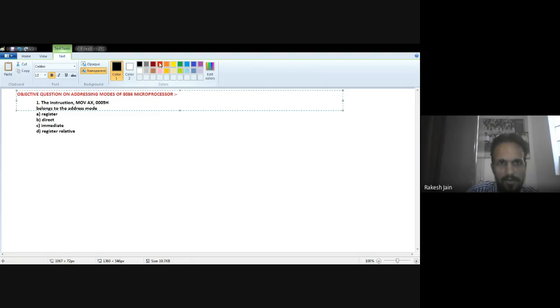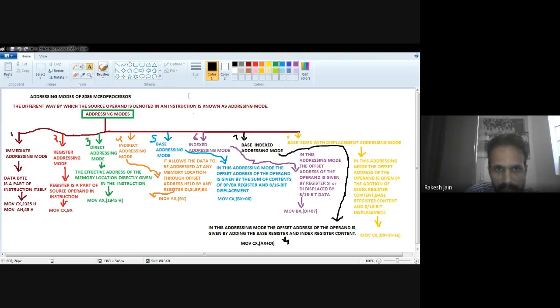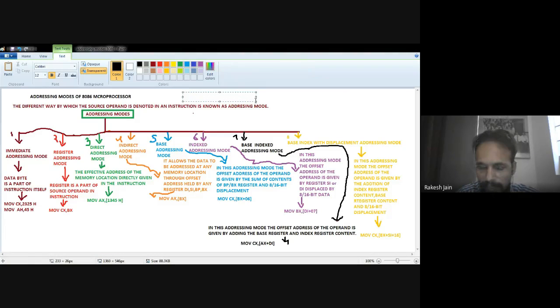So what are the objective questions on the 8086 microprocessor? First of all, I didn't write today's date on top, so I just wrote on that previous slide today's date. That is, today is 11/6/2020, 11th June 2020.